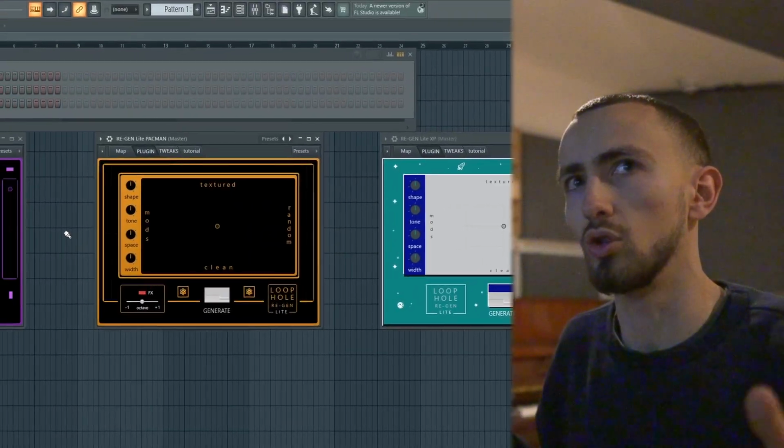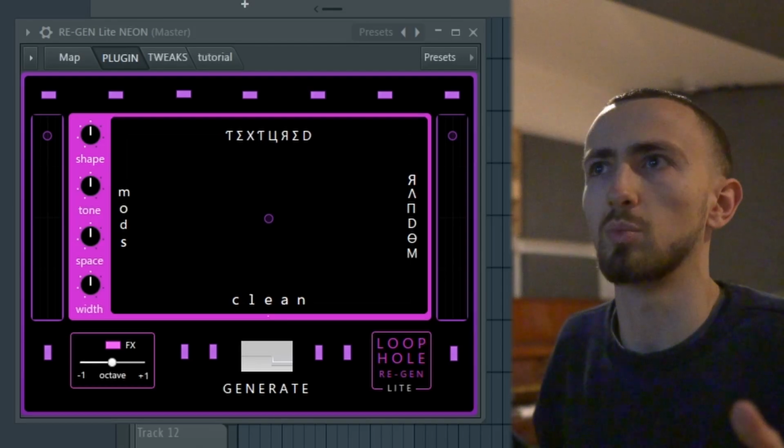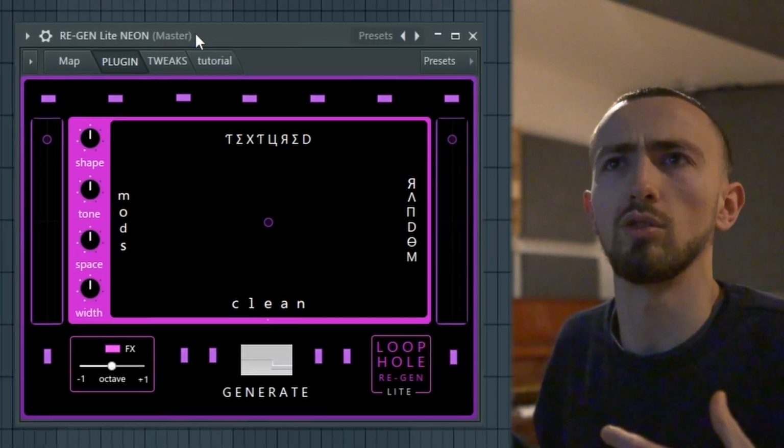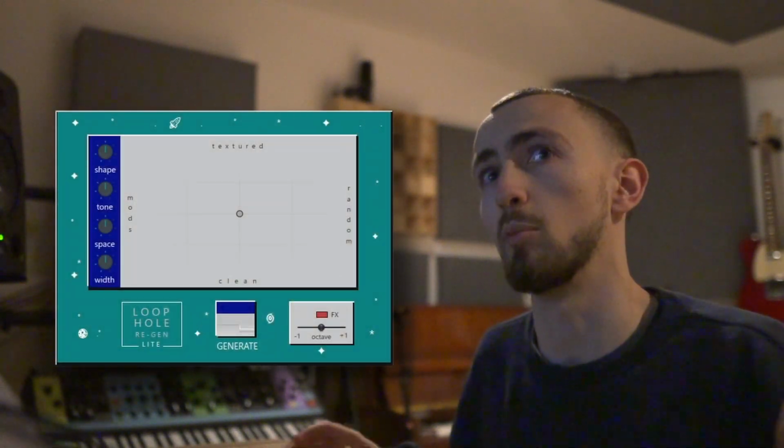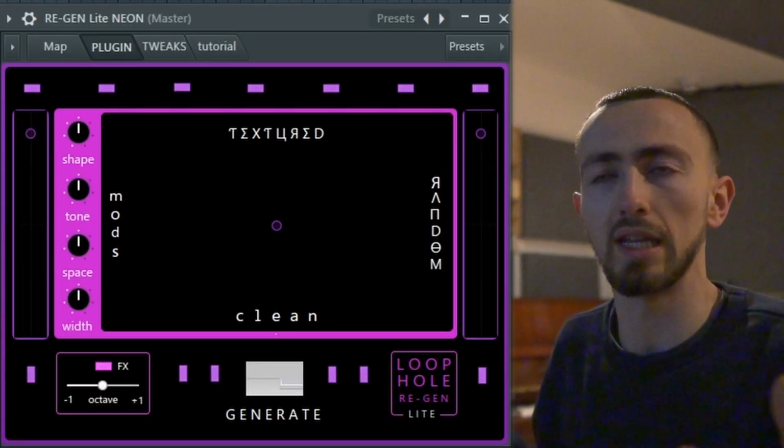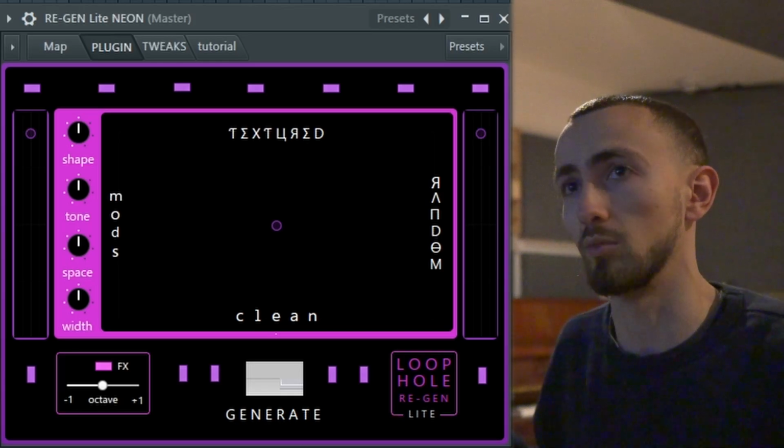I'll demo the plugin using the Neon one just because that's my favorite personally, and you get quite a range of sound that are very pleasing on the ear as opposed to, like, for example, the XP one, which is a bit more harsh. So the concept of the plugin is the press of one button, which is this generate